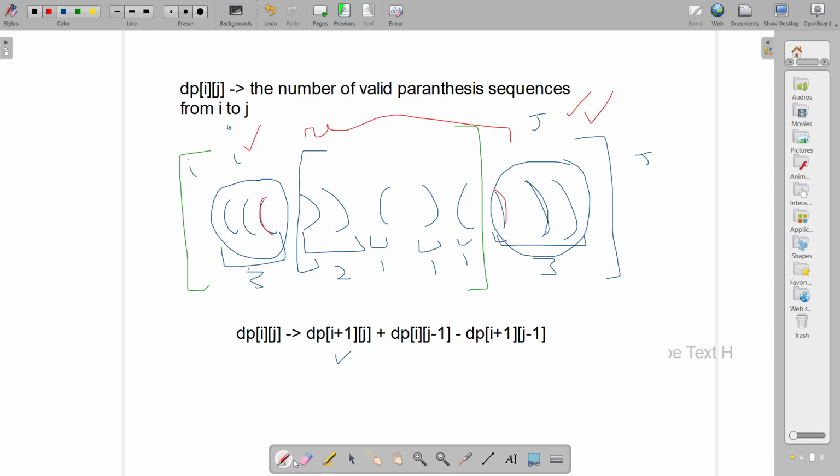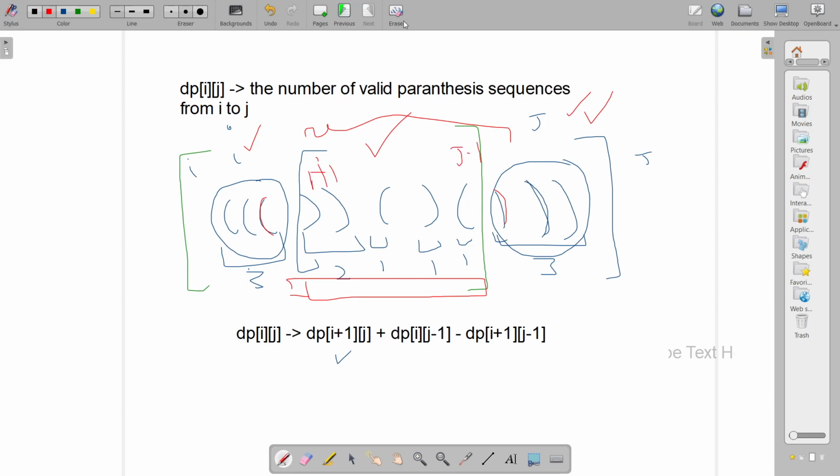Okay, so for that part, look at the string in between. This is what the string looks like. If I want to add some opening brackets and I want to add some closing brackets, when I'm adding, I want to make the sequence a valid sequence. So what I will do is I will look in this sequence from i plus 1 to j minus 1.